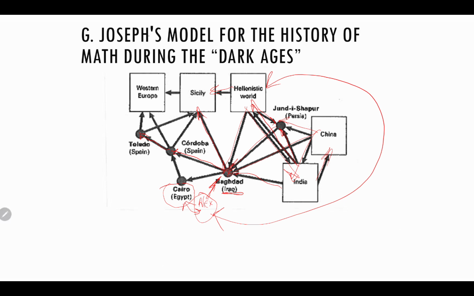This is not Iraq, it's Baghdad at this point. And they sent stuff to Sicily and Spain. Spain became a big hub for translations. A lot of the people in Spain knew and could speak both Latin, which was a predominant language at the time for a lot of Europe, but they could also speak Arabic and could read Sanskrit and stuff like that. So they were translators. These two places, Cordoba and Toledo, become hugely essential to the translation and the spread of knowledge into Western Europe